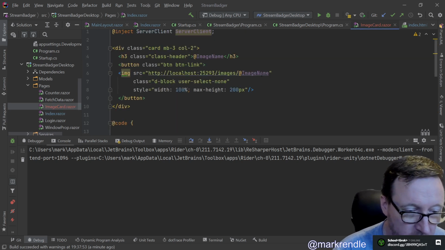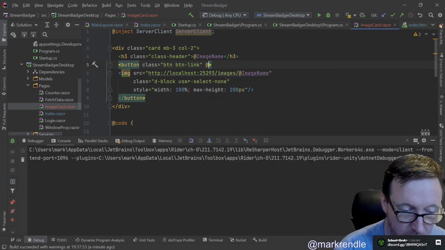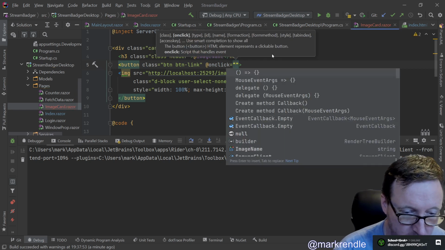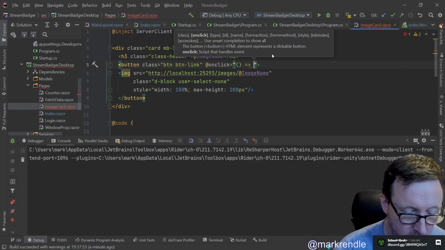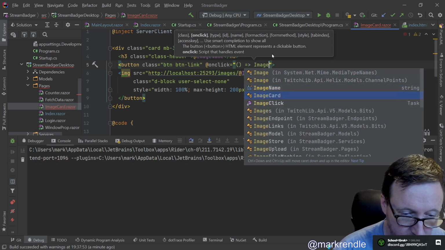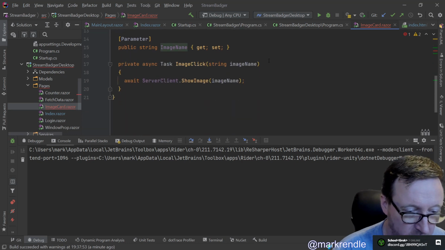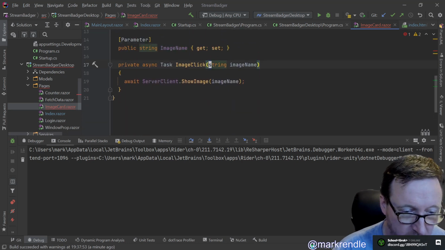So we can say @onclick equals ImageClick, and we don't have to pass anything in